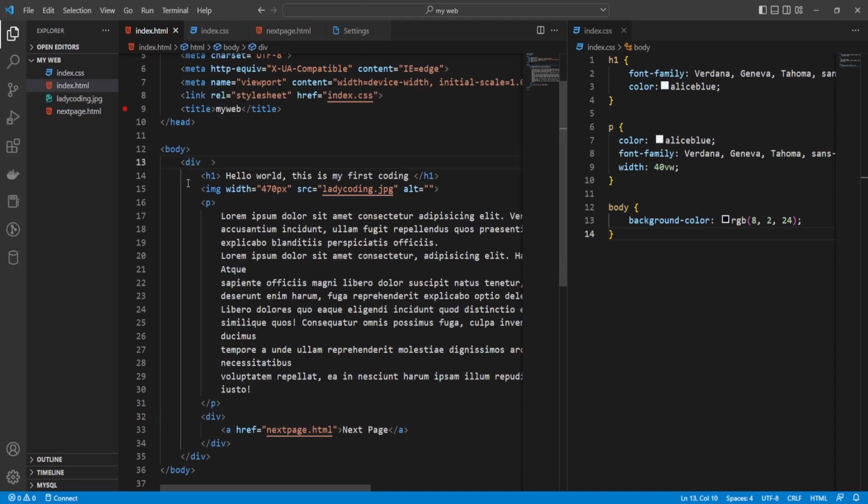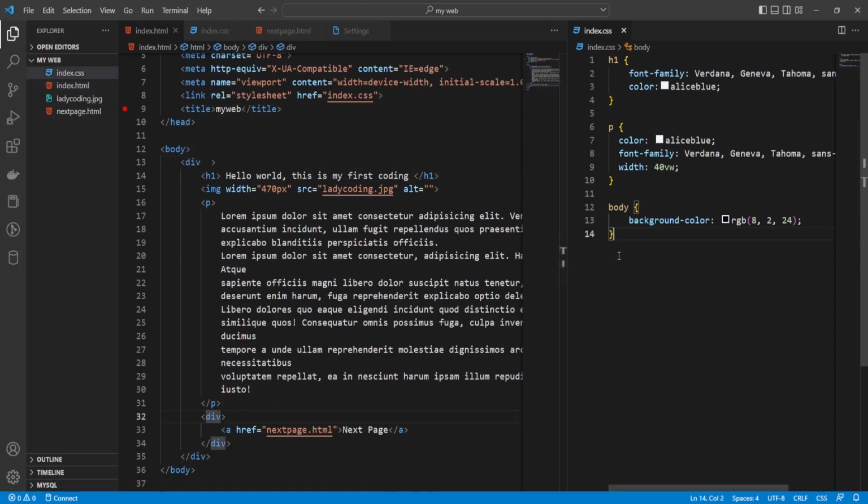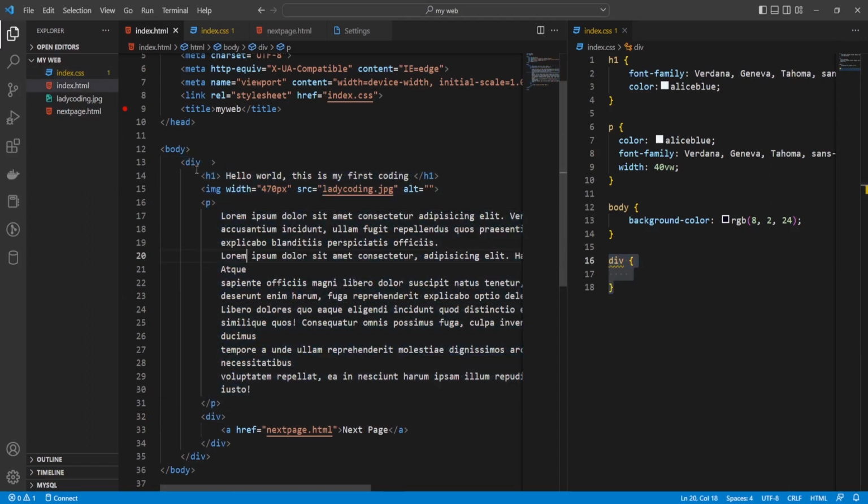So that's where the use of class and ID comes in, right? So maybe you'll be having two paragraphs or two divs, like the way I'm having two divs here, one div and a div inside the larger div. So if I come here and I type div, and I give it a color, maybe let's say black, it will affect both of them. But here I want to let it affect only this. In this case, what I'm doing here is going to affect all of them too. So let's use